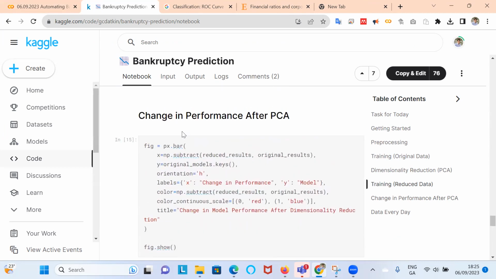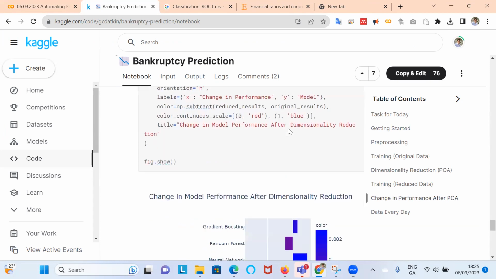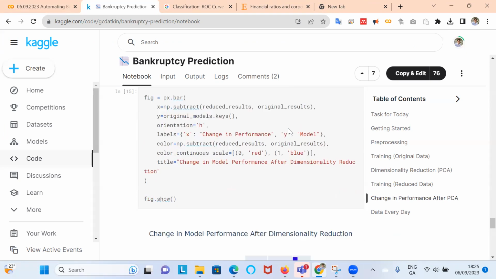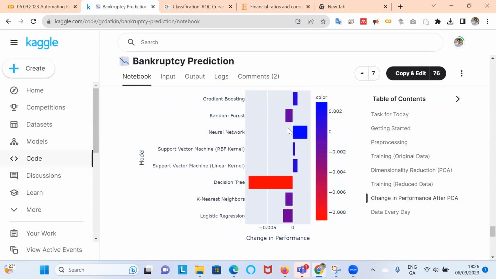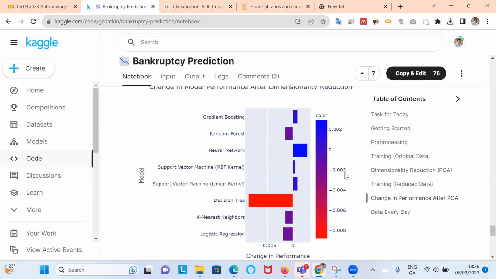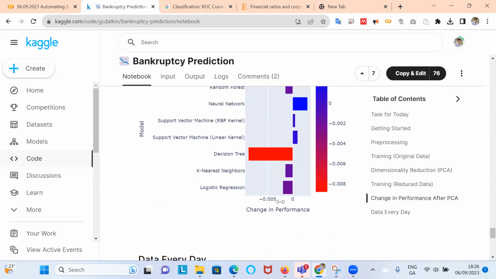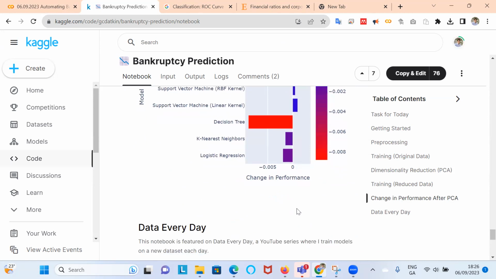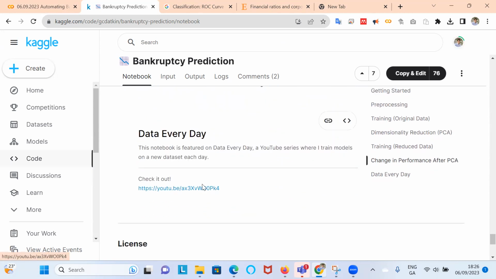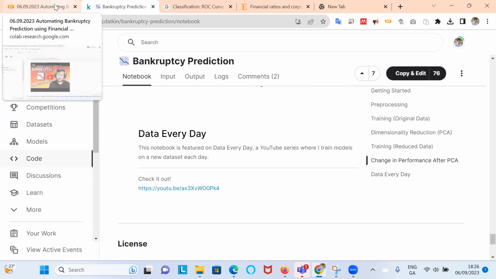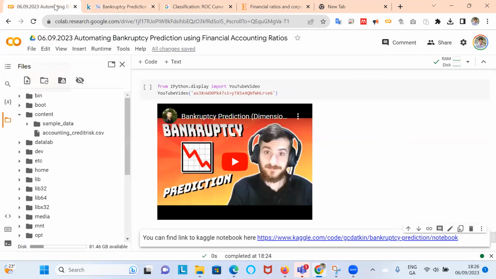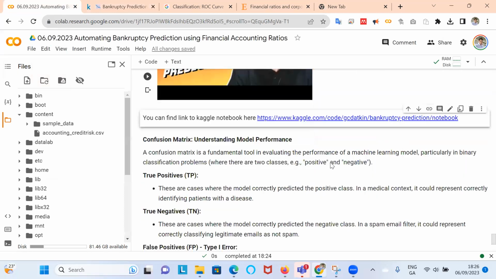He also performs principal components, which is a way of reducing the dimensions of the data set, and that would speed up estimation to some degree. It doesn't really materially reduce the level of accuracy. He finds it all very marginal, but he does it for completeness, and it's a very nice Kaggle to take a look at. About half an hour of video, I think.